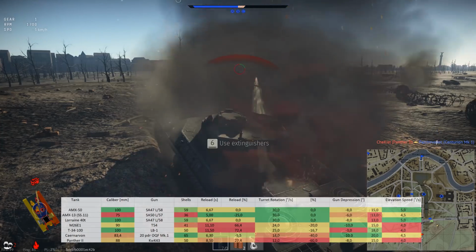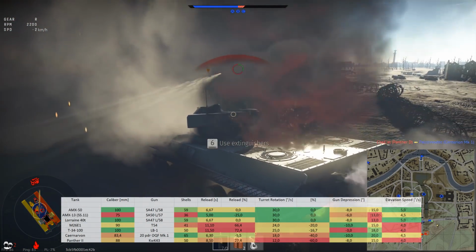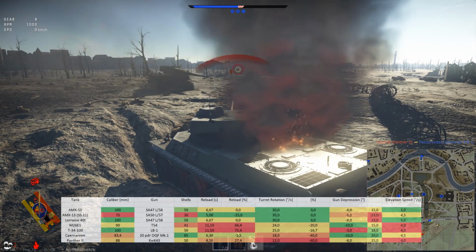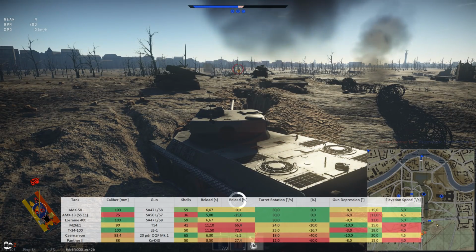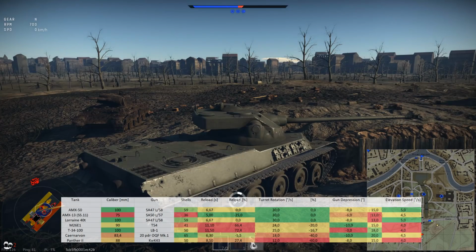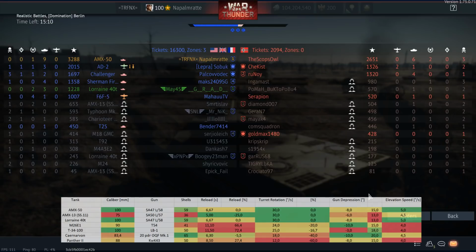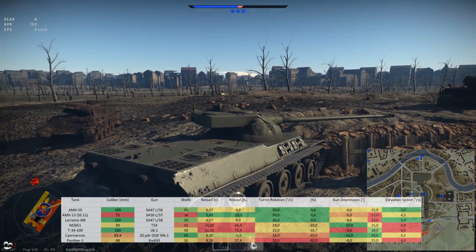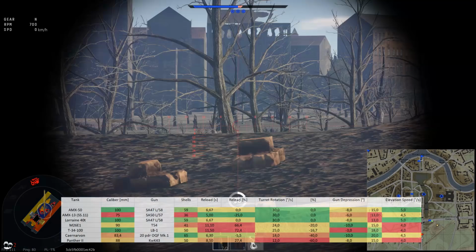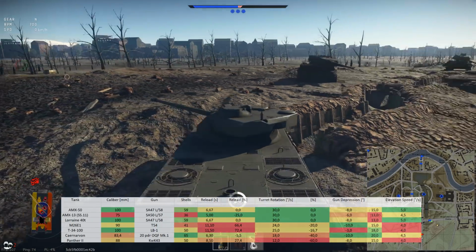Furthermore, I have not talked about the reload of the entire clip. It's 38 seconds for the AMX-50 and the Lorraine 40T that shares the same weapon system with you, nearly in every respect. And the AMX-13 has a reload of 45 seconds. Both the reload between the shots in the magazine and also the magazine reload itself is independent from your crew skills, unlike all the other tanks. And this is now very interesting if we look, for example,